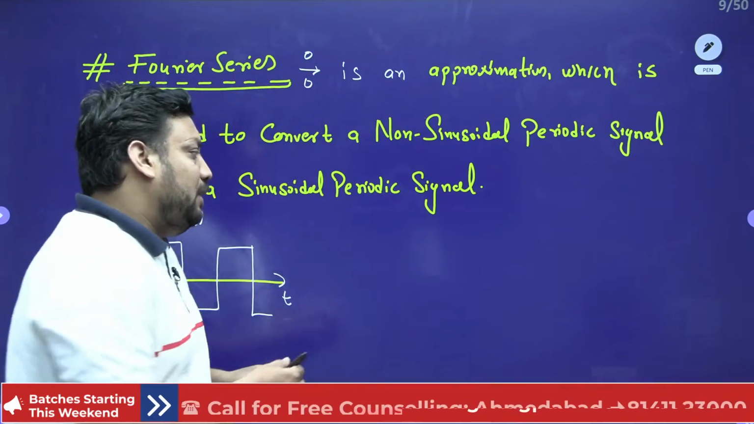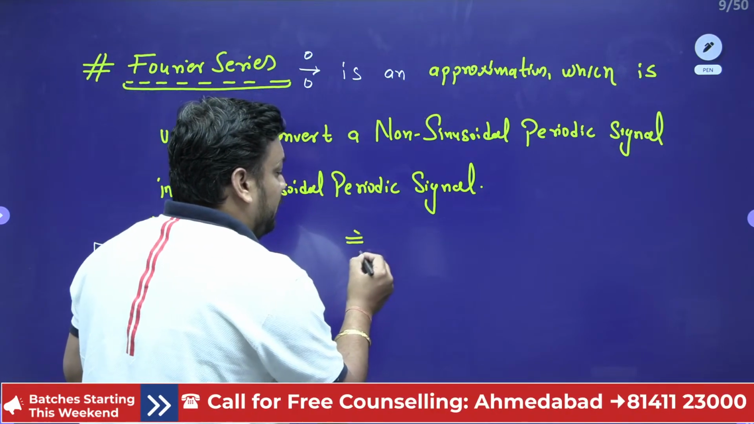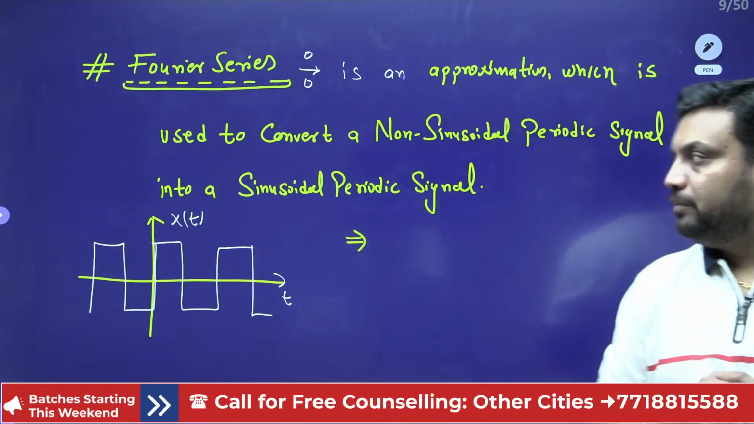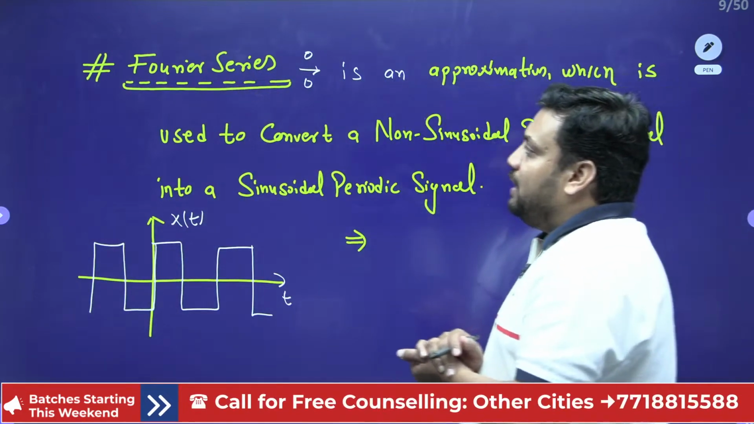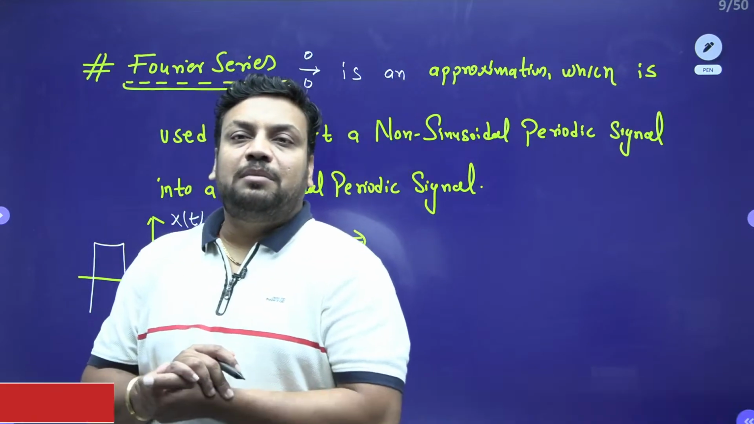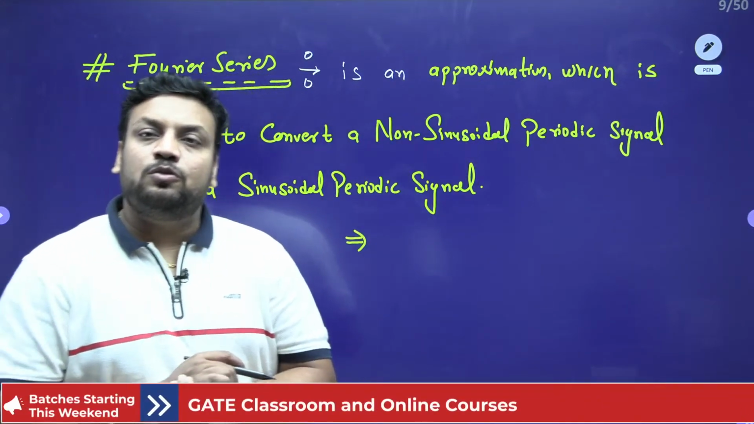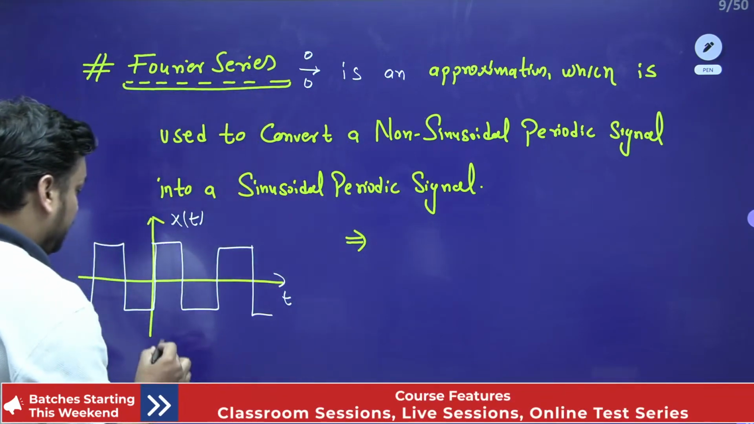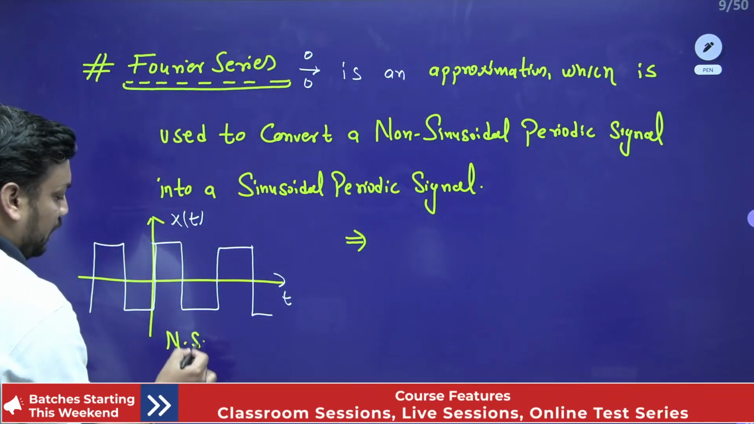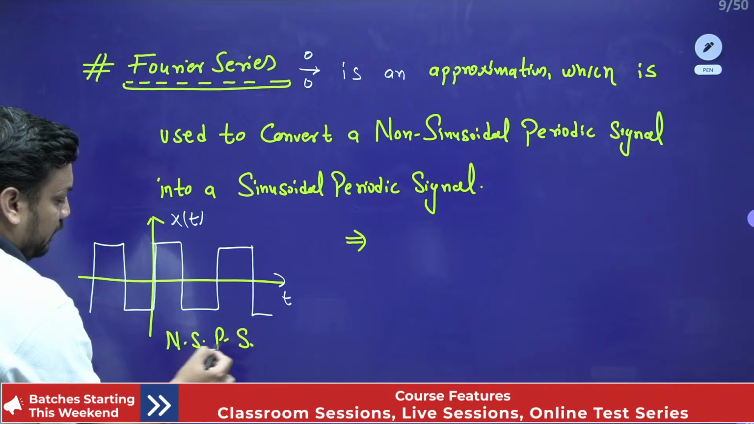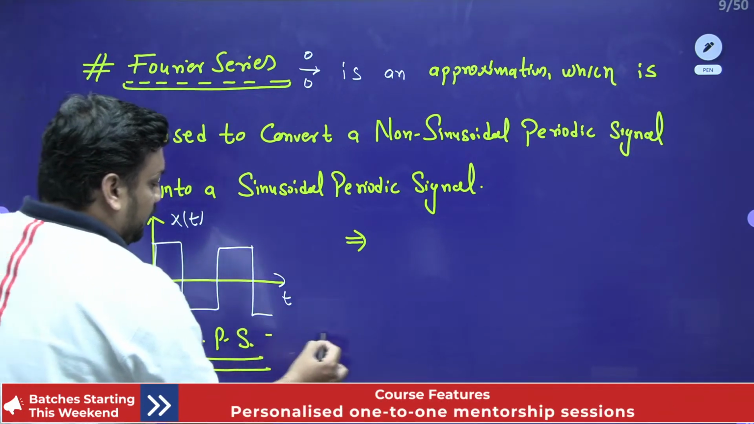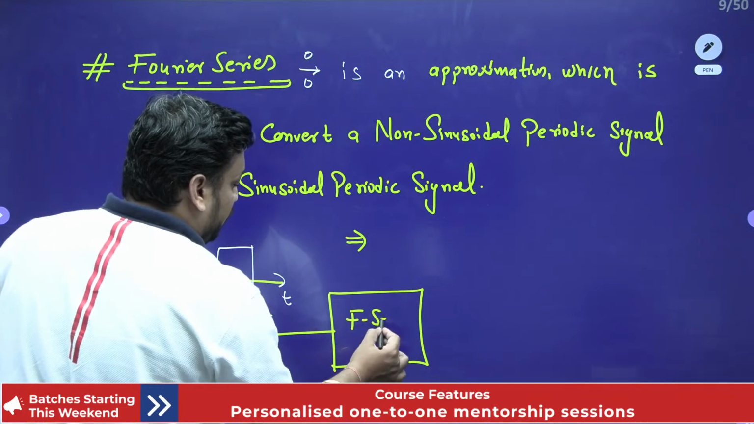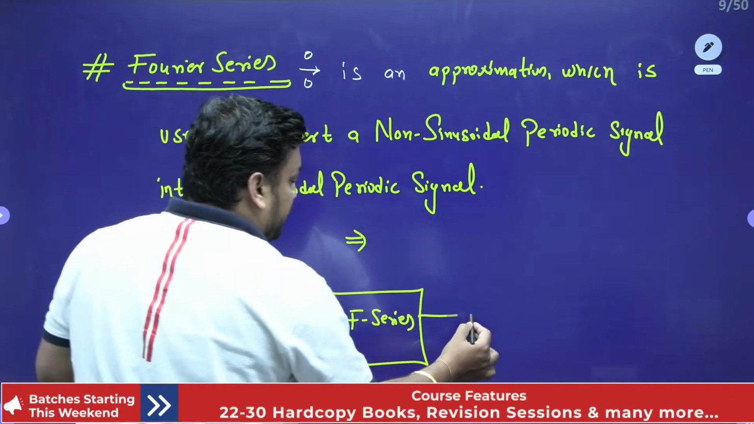You can also write one statement. I will repeat the statement one or two times. If you wish, you can write. So what we are saying, sir, Fourier series is nothing but an approximation which is used to convert a non-sinusoidal periodic signal. It is my non-sinusoidal periodic signal, and if I apply the Fourier series tool, it will give me